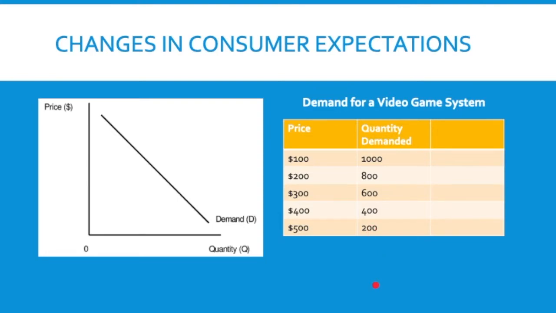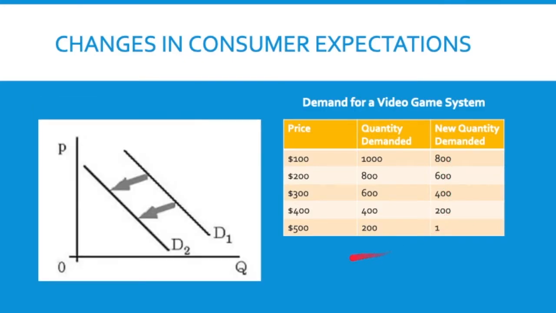So you can think about what could cause people to buy less of it now. We can think about new quantity demanded. Perhaps it's near Christmas, pretend this was October, and Christmas is coming, and Thanksgiving and Black Friday, you know that there's going to be tons of sales going on for video game systems. So why would you buy a video game system now for $200 or $500 when you can buy it next month for, say, $300? So if you expect prices to go down in the future, all the quantities at all these different prices would decrease. So that would cause a decrease in demand.